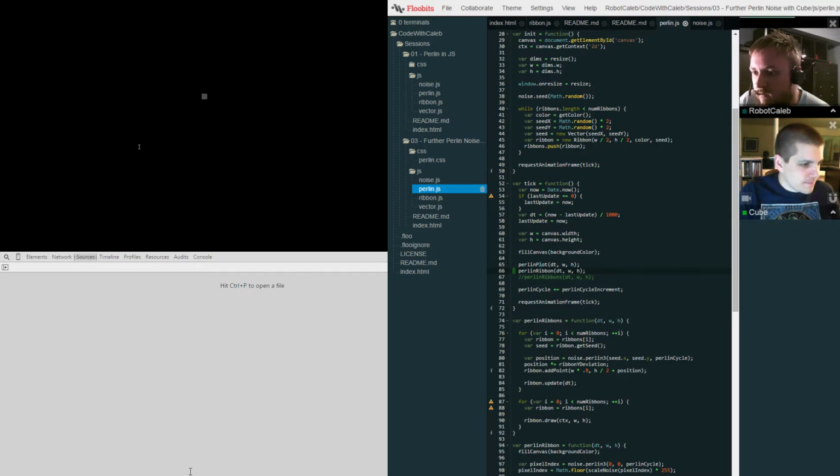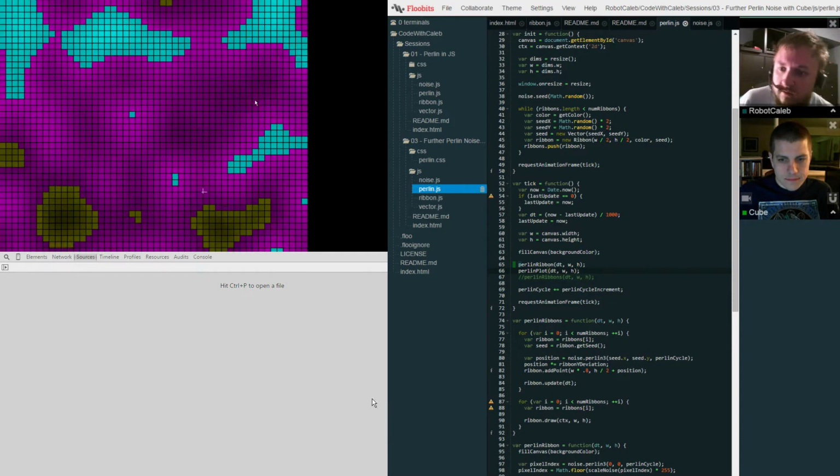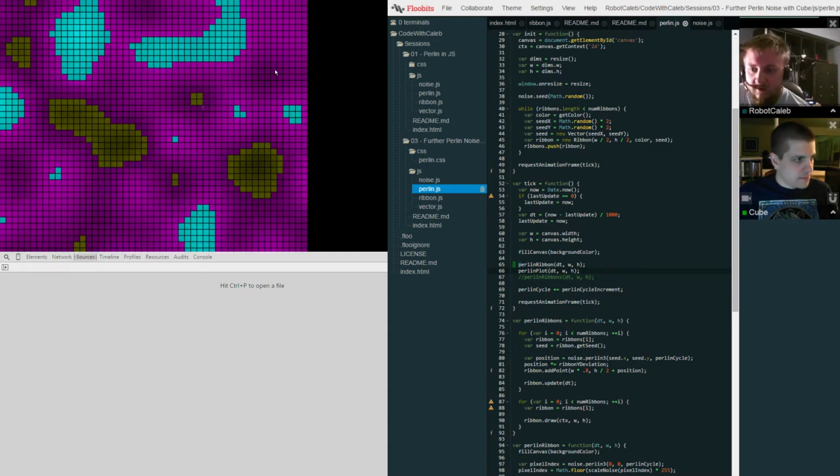Is Perlin Ribbon? No, that doesn't make any sense. You used to be able to do 2 of them at once. Yeah, we were doing ribbons. So we can actually see it back here, though. It's not as nice, but